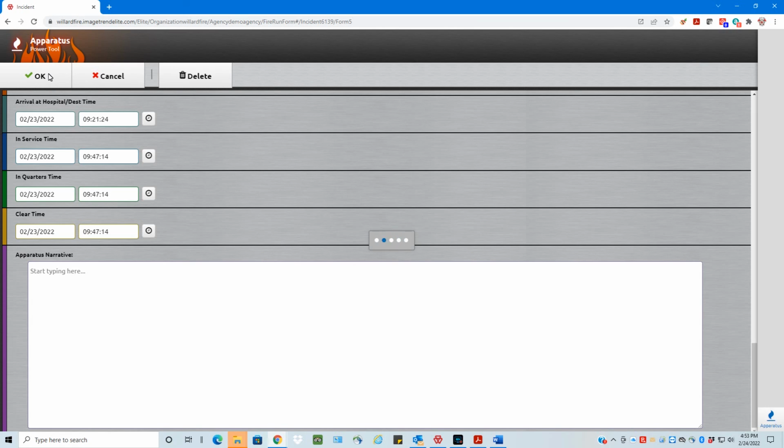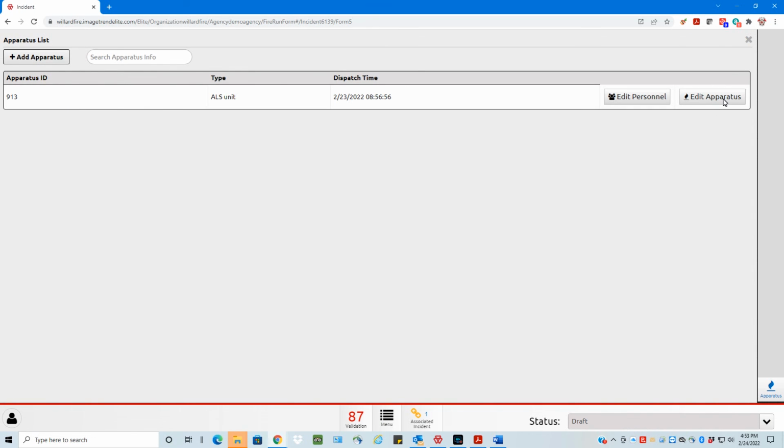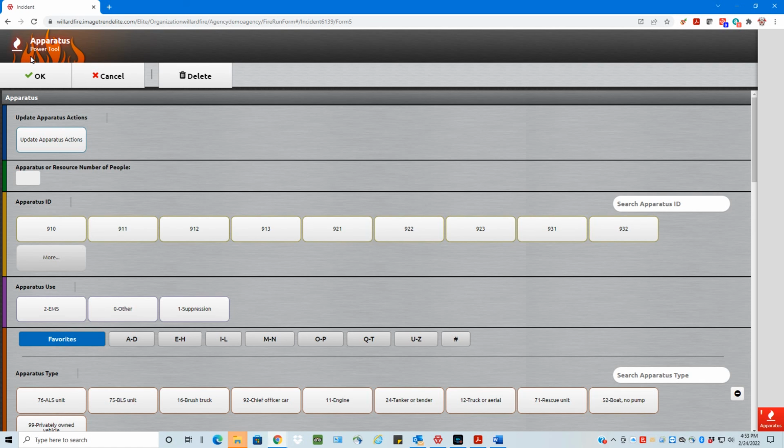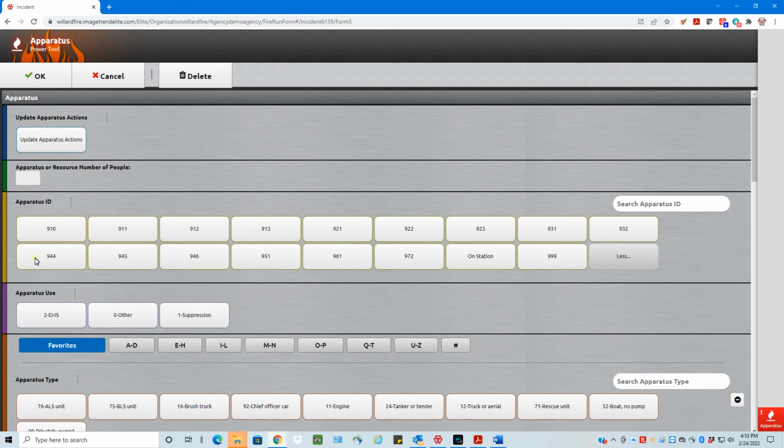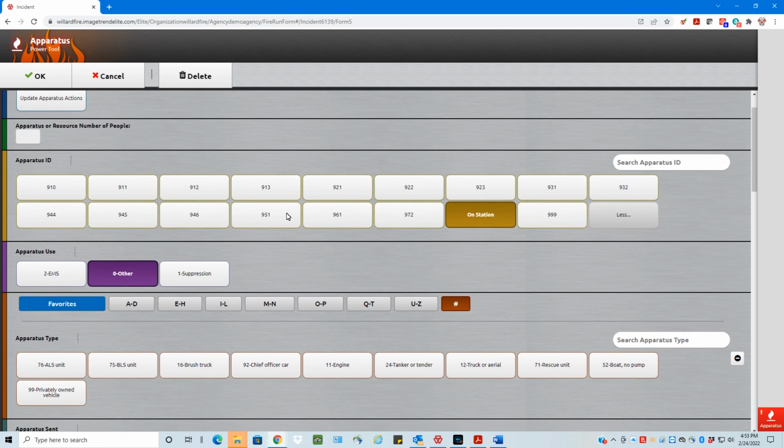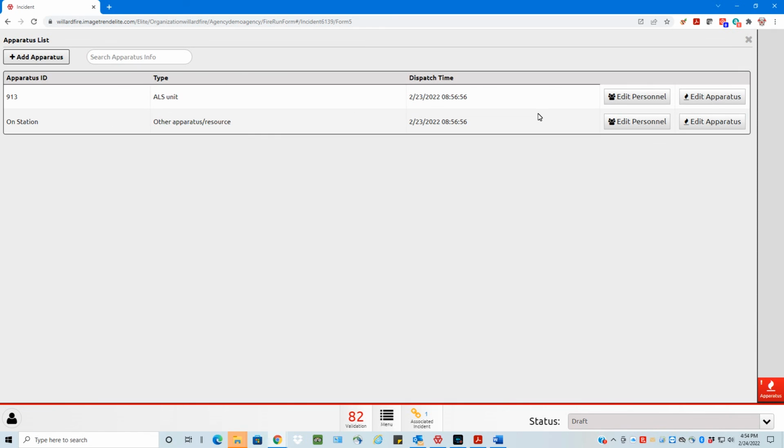Then once you're done entering your personnel and your apparatus, you can go ahead then and click out of this. If you need to add an additional apparatus, such as to add personnel that is at the fire station standing by, then you can go ahead and click to add this. The apparatus ID is more. Here's on station. And then you can click OK